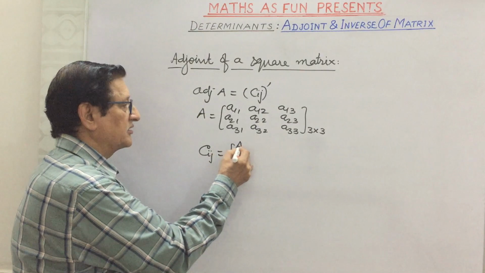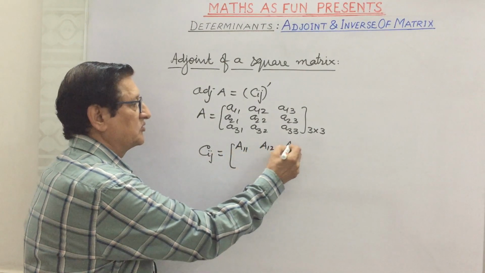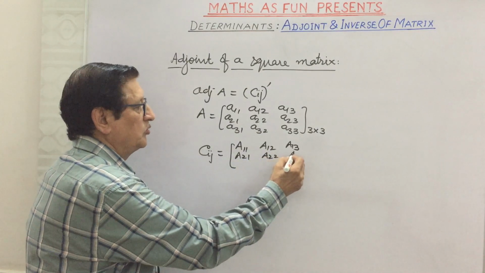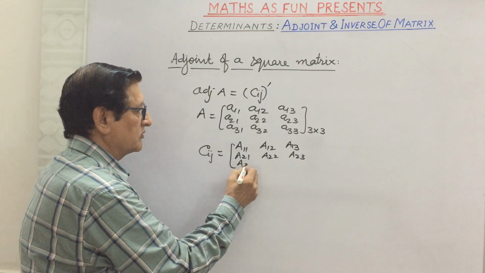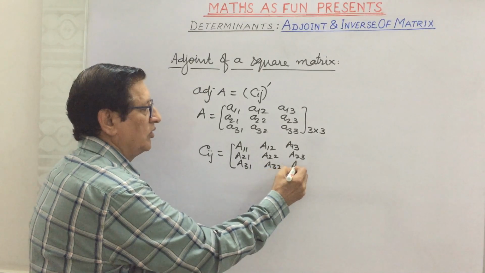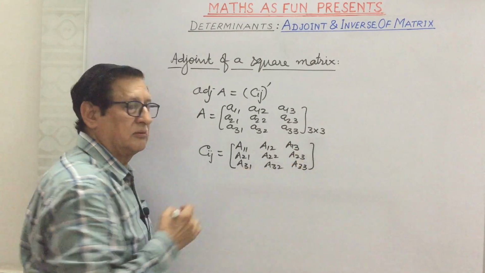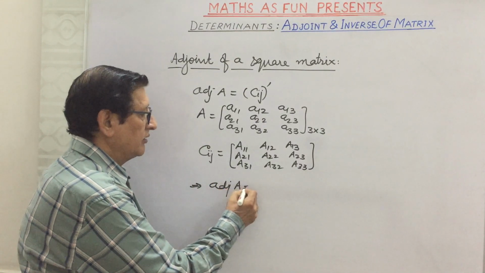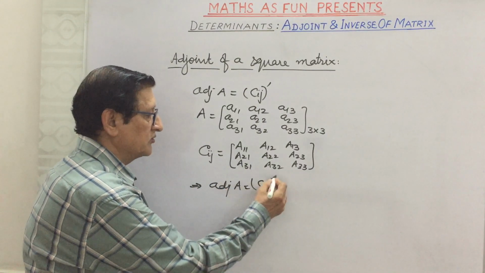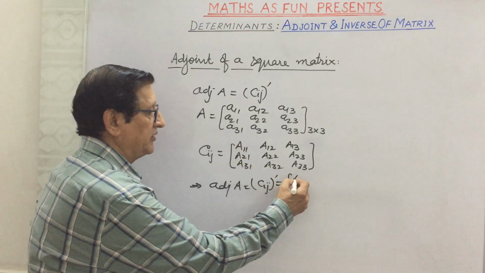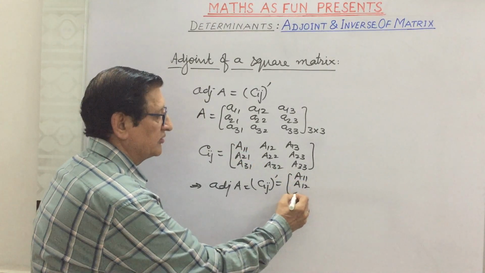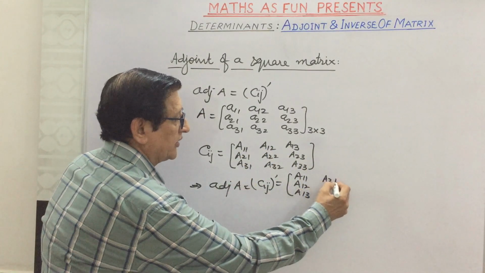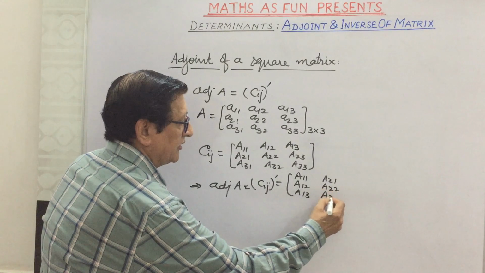So we can write A11, A12, A13, A21, A22, A23, A31, A32 and A33. Then the adjoint of A will be the transpose of Cij, and that will be A11, A12, A13, that will come in column, A21, A22, A23,